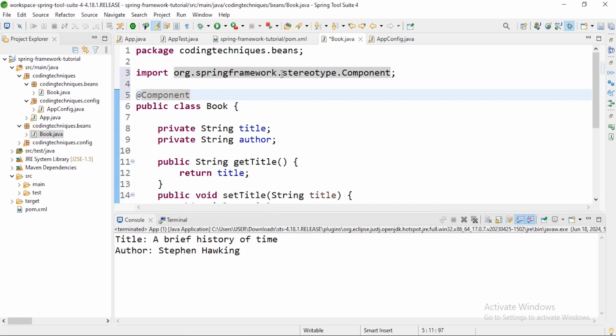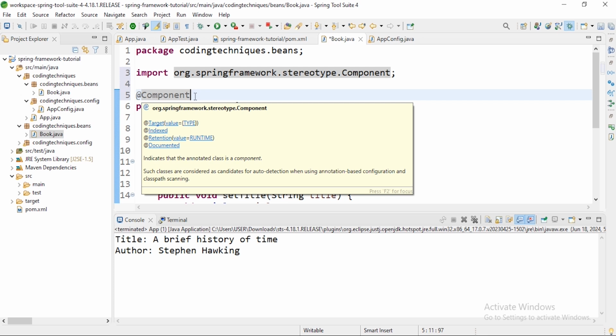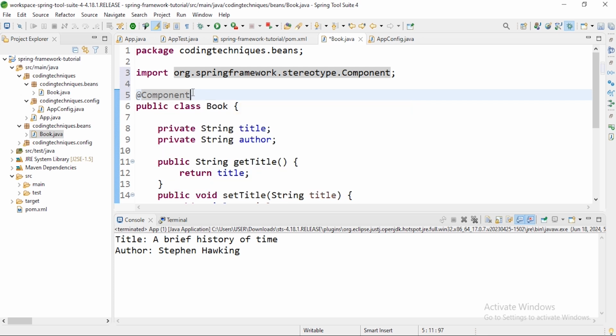Now we mark it using the stereotype annotation. On how to get this, we will use @ComponentScan. Using @ComponentScan, Spring will search inside these packages and look for all the classes that have the stereotype annotation, and it will pick them. Okay, so let's save these changes and then let's go to the